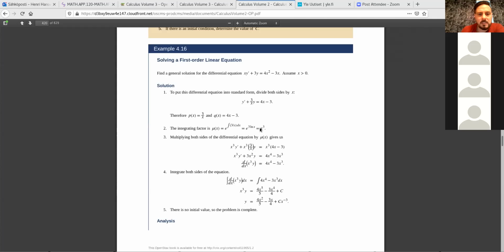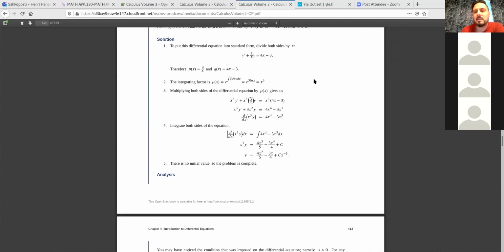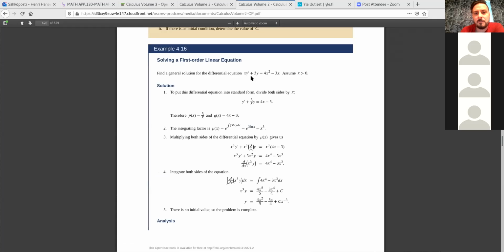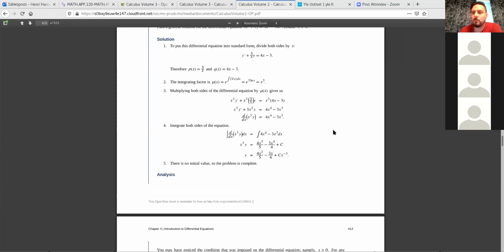So now we have this integrating factor, which happens to be a polynomial in this case. So very often the case, if we have something like this, there's an x factor here and a constant factor here, there's something over x, we get the integrating factor as e to the something, it becomes a logarithm, and this becomes a polynomial. That happens, so it's not always an exponential function. So we do this